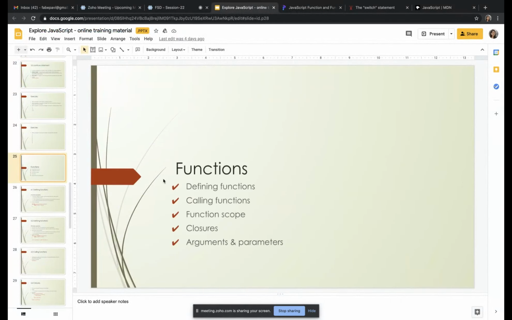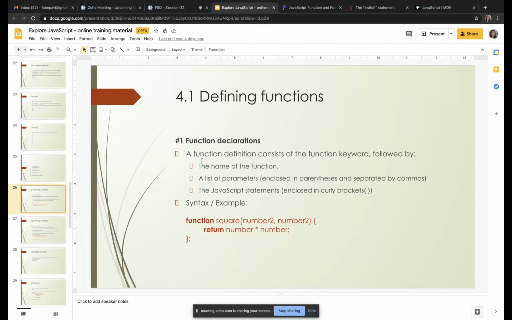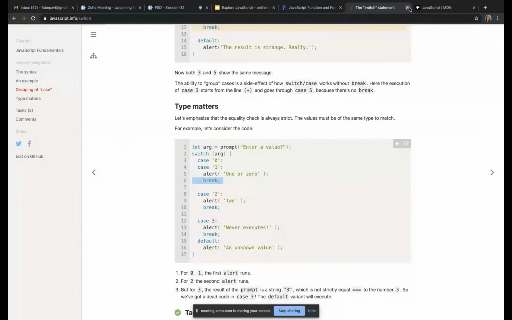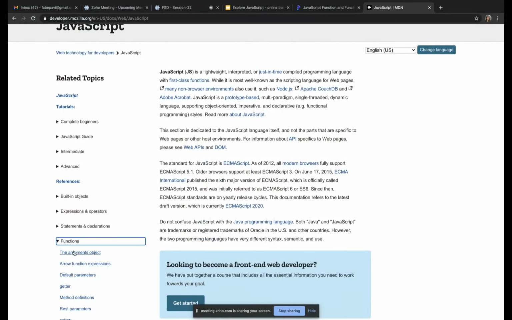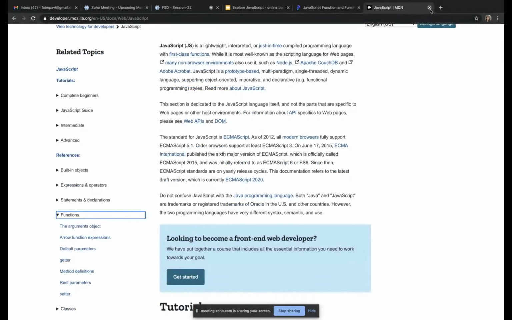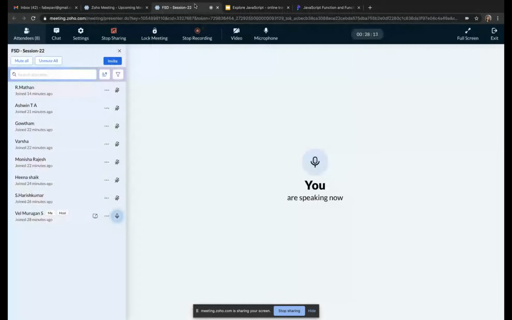So when we will use functions? Already I have started explaining in one class. Can anybody say when we will use functions?